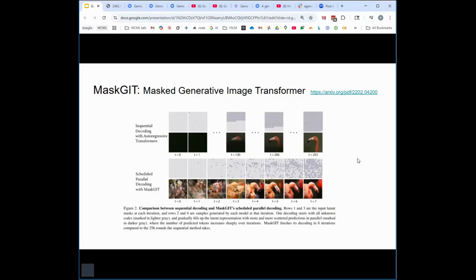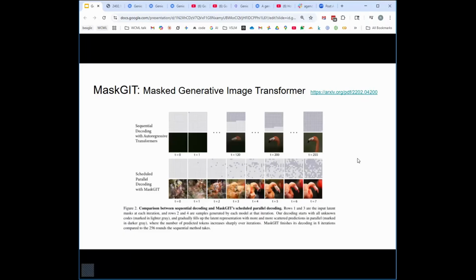The two problems you have are that it's slow, and you have this dependency where pixels towards the bottom of the image are aware of what was above them, but you can't have the reverse, where pixels at the top of the image are aware of what's below them. So MaskGIT was an earlier paper where they,